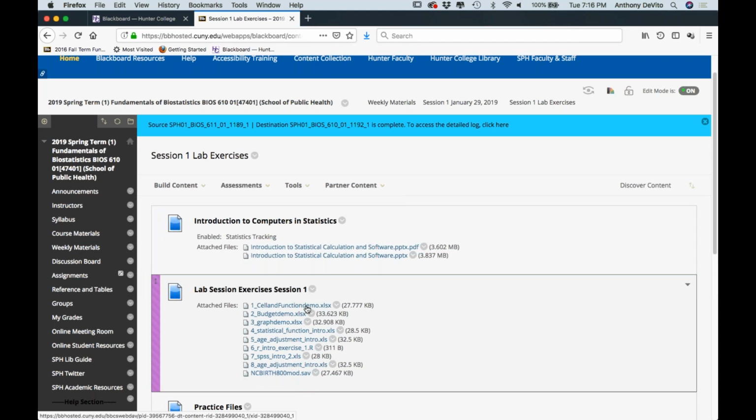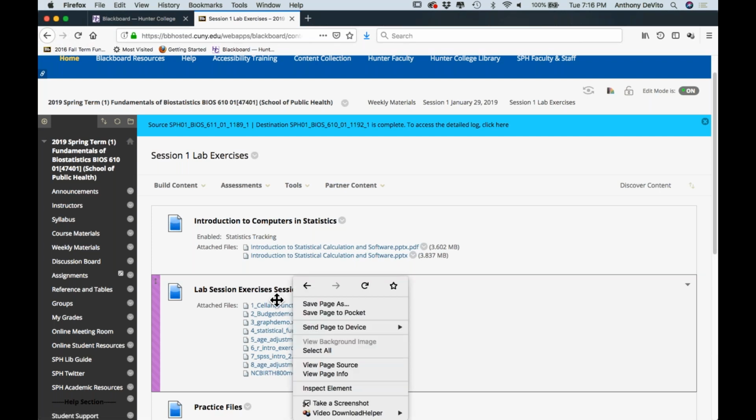So for instance, one, cell function, budget, graphics, 1, 2, 3, 4, and so on and so forth. Some of them are Excel files. You can see that, XLSX. And some of them are other kinds of files. Okay, so what you can do is you can right click on a Mac, it's control click on each one